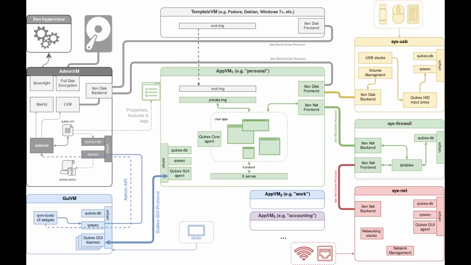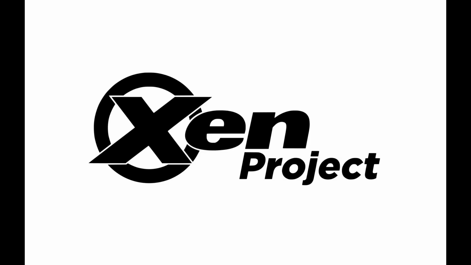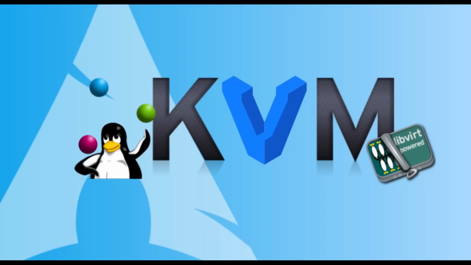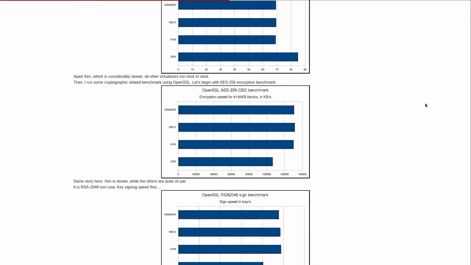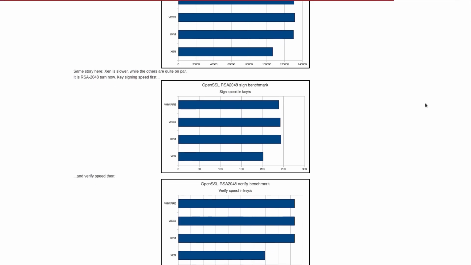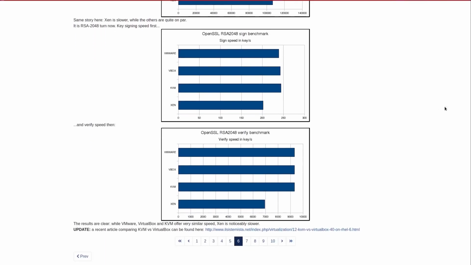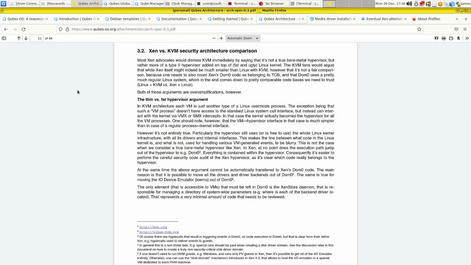Now, all of this virtualization is provided by Xen, which is a Type 1 hypervisor. Now, those of you using Linux, and especially if you've been doing virtualization on Linux with a Linux host, you're probably familiar with KVM, which is able to turn the Linux kernel itself into a Type 1 hypervisor with the same capabilities as Xen, and in a lot of cases it actually delivers better performance than Xen does. So KVM is the new kid on the block, and a lot of companies are actually leaving Xen in favor of KVM. And I guess that's because they're getting more efficiency out of KVM instead of Xen.